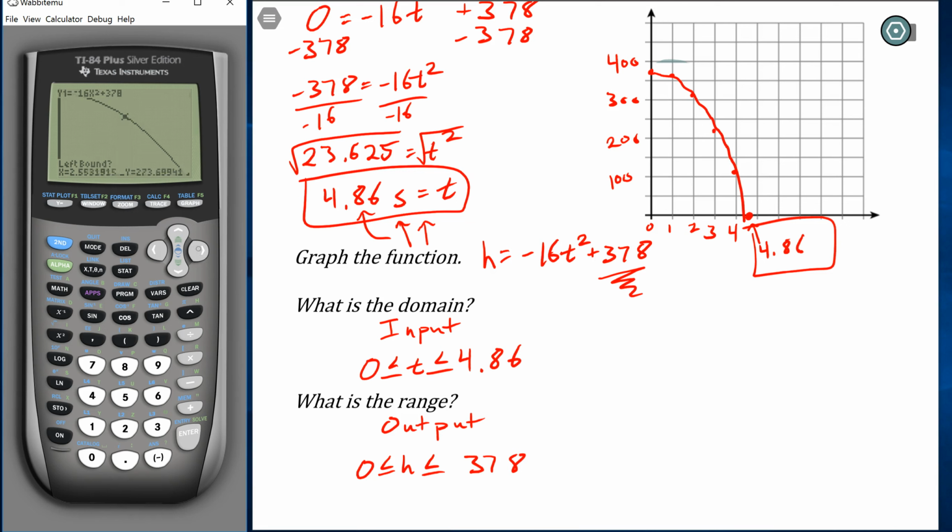What you want to do is give it a good first guess. So I can arrow over to the right here, and it's wanting a left bound. So I know that the 0 is past this point, so I'll hit enter. Now it wants a right bound. So I'm going to go past the x-intercept into where I can't see, into where it's negative, and press enter again. Last, it wants a guess, so you should put the cursor right on the 0 or close to it. So I don't know if you can see this, but that cursor is very close to the 0, and I'm going to hit enter. Notice the calculator says a y of 0 and an x of 4.86,